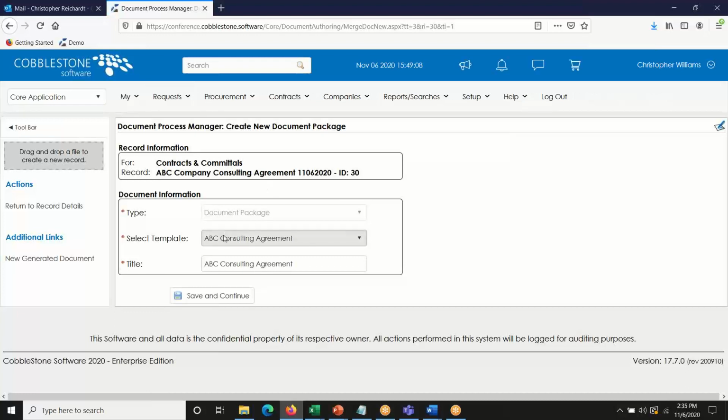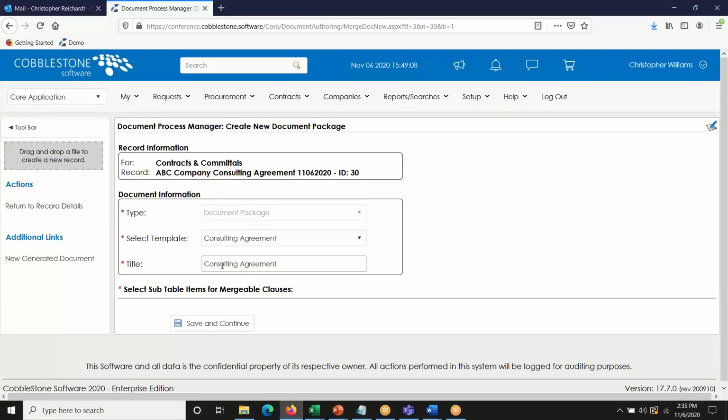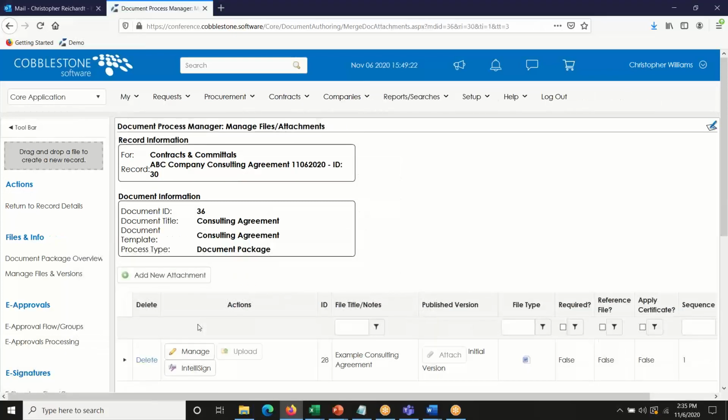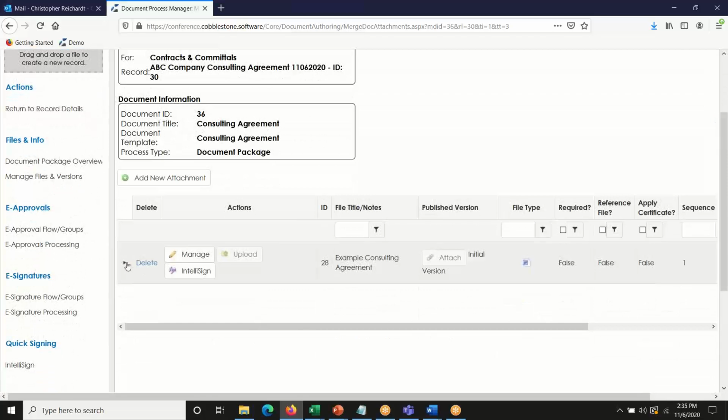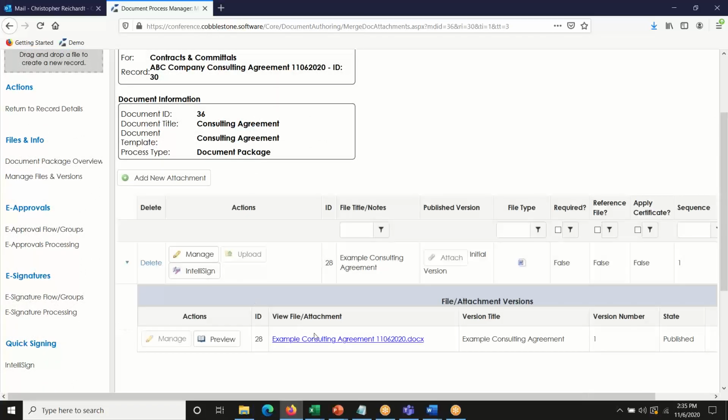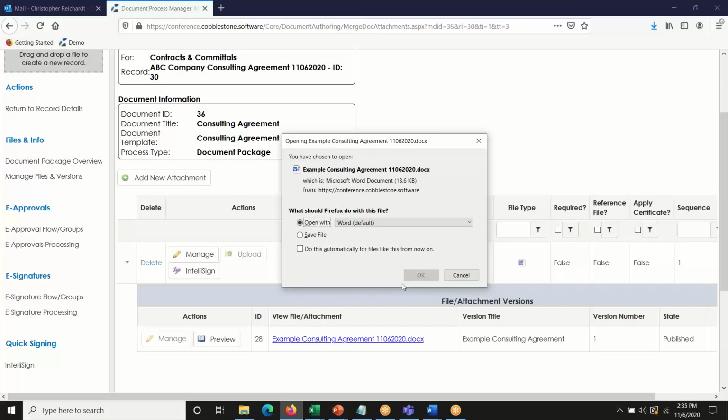I can select from a list of templates, based on the rules and conditions that I have set up, which template I would like merged over. And then I can press save and continue. You'll notice the system's going to think for a second, and then it's going to present me with a merged version of that document. So if I open this up,